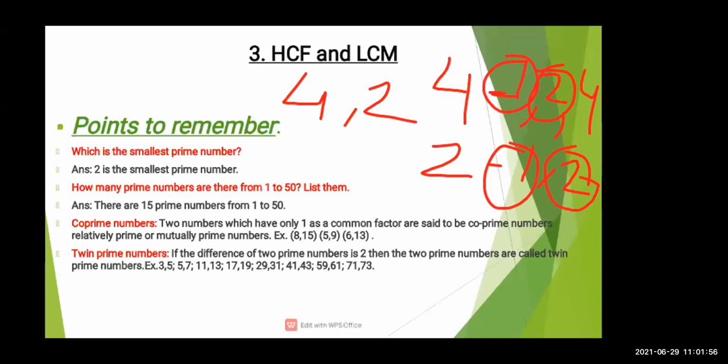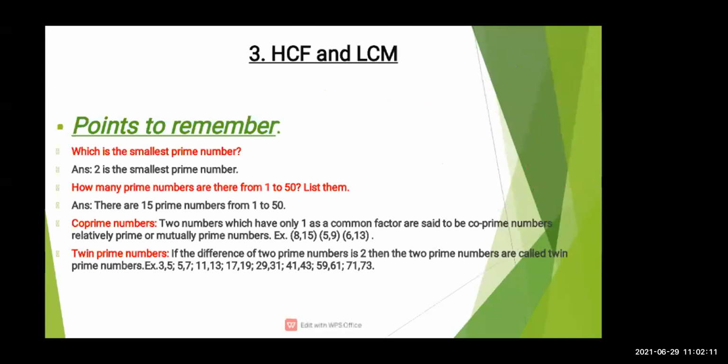No. Very good. Because here common we want only 1. But here common it is showing 2. So this is a wrong number. Is it clear? That means it is not a twin prime number. Okay. Now let's see other number randomly. Pravir has given the number 11 and 13.